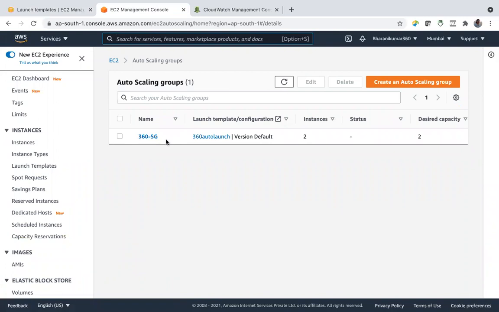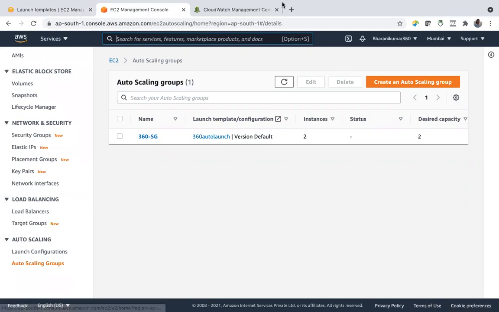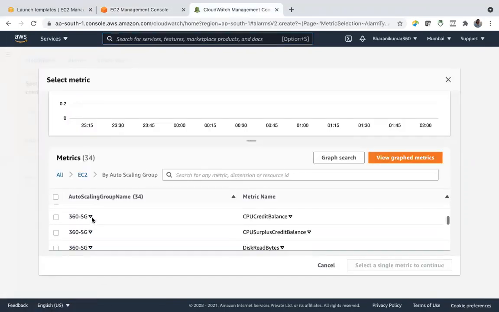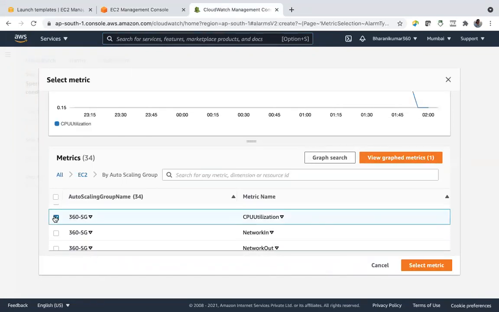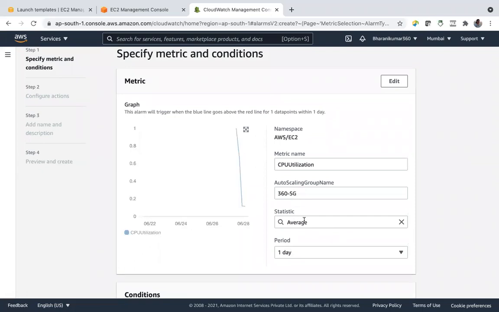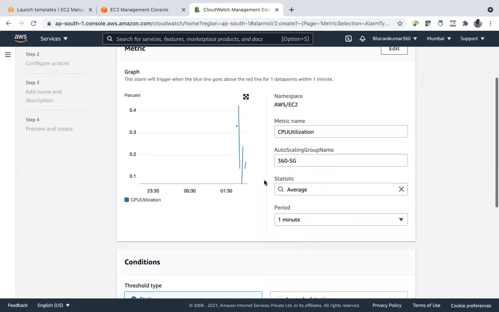SG is my auto scaling group. Okay, select metric. So you can see the metrics, the percentage average utilization of the CPUs is only 0.319%. Let us change window to 1 minute.